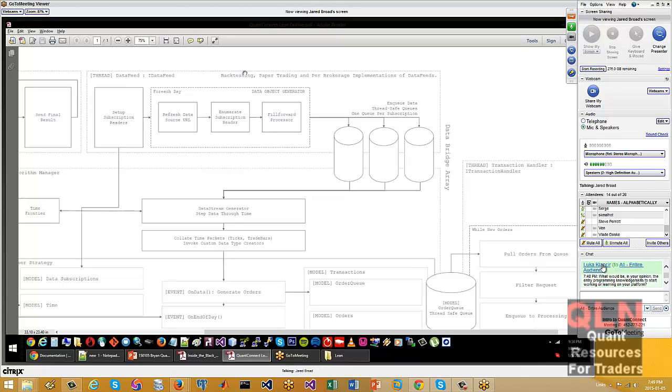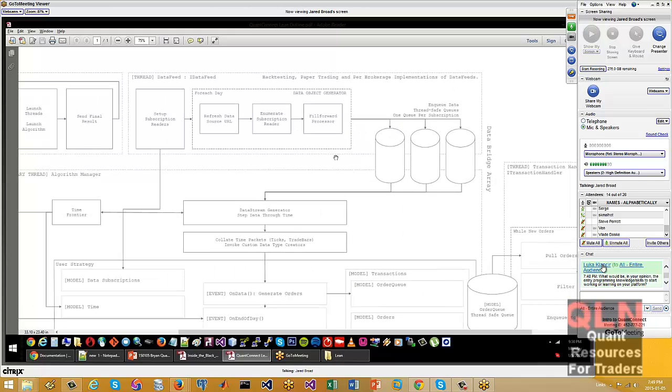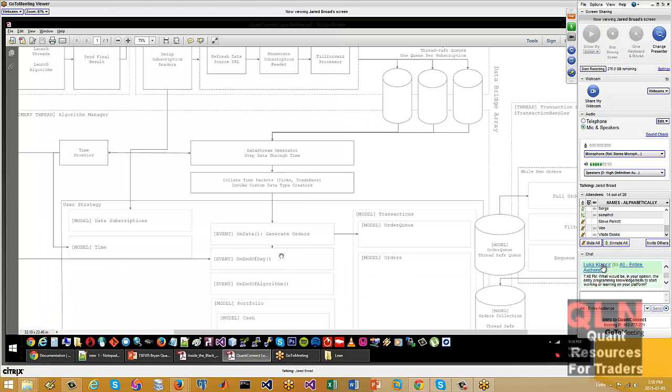At the moment, it's actually designed to work on a flat file system, but you could design it to work on a database. But a flat file system is just ridiculously fast, so we just went with that. And then it generates those objects and puts them into queues and synchronizes them using this data stream generator, and then pumps it into your algorithm.